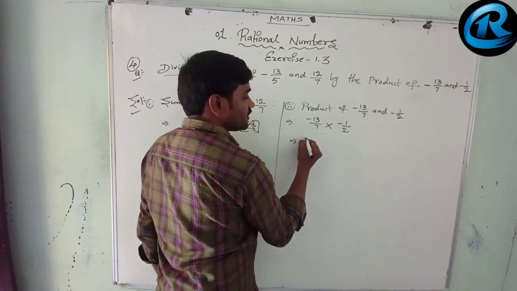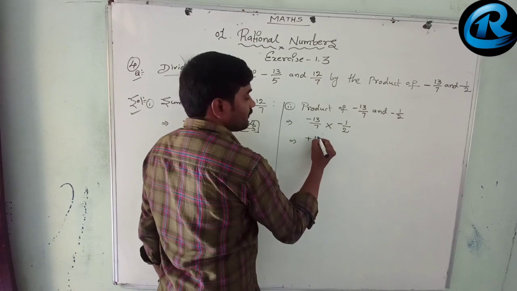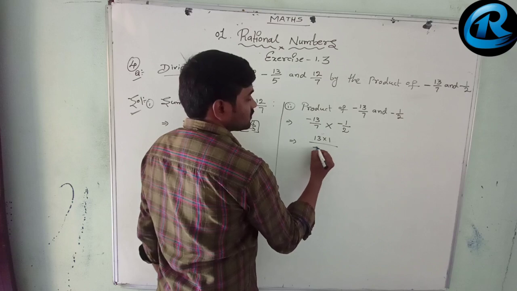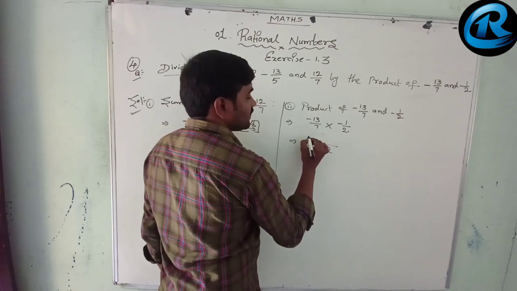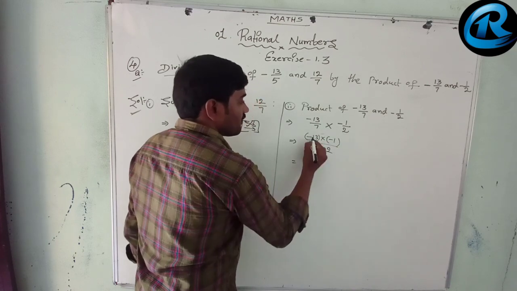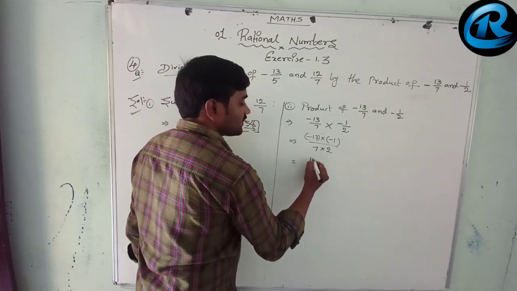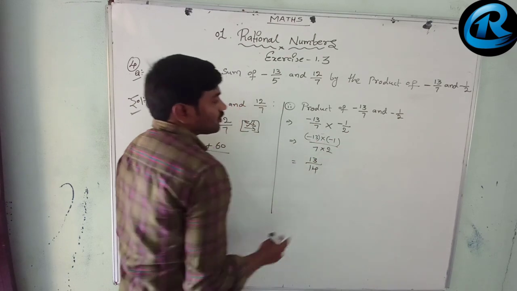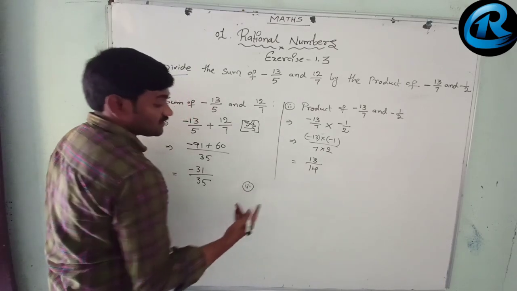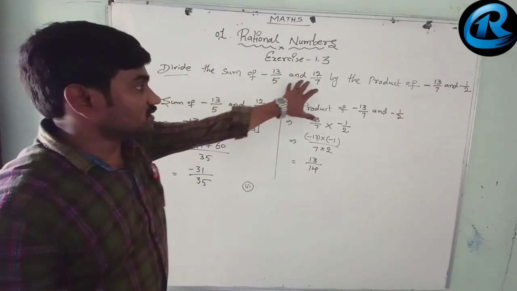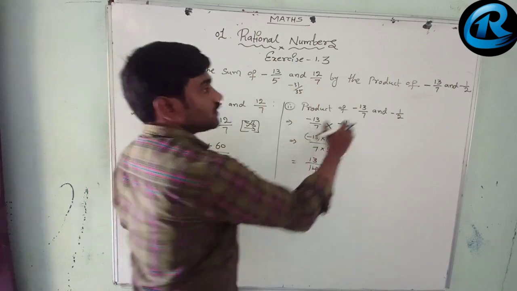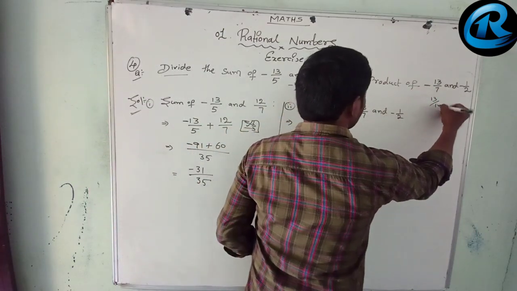So let us get minus into minus, that is plus. 13 into 1 by 7 into 2. Minus 13 into minus 1, yes, minus into minus plus. 13 ones are 13, by 7 2s are 14. So మనకి ఏం వచ్చింది చూడండి. Now we go for the third step in this. అంటే third step ఉంది ఏంటి? The sum of these numbers we got as minus 31 by 35. దీని రెండింటిని సమ్ చేసి ఎంత వచ్చింది? Then the product of this will be 13 by 14.